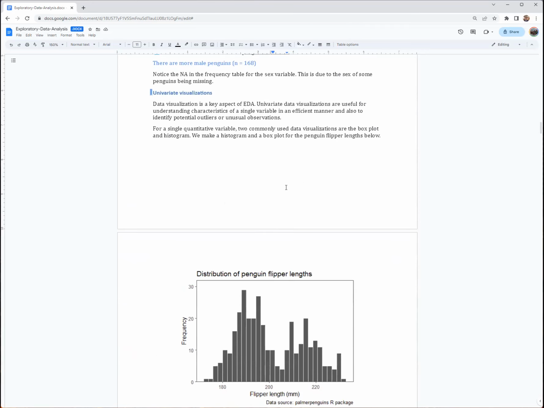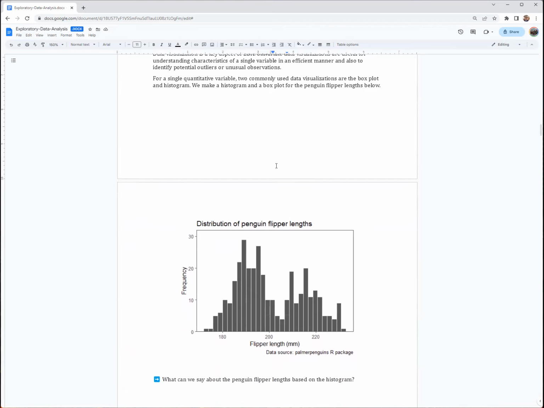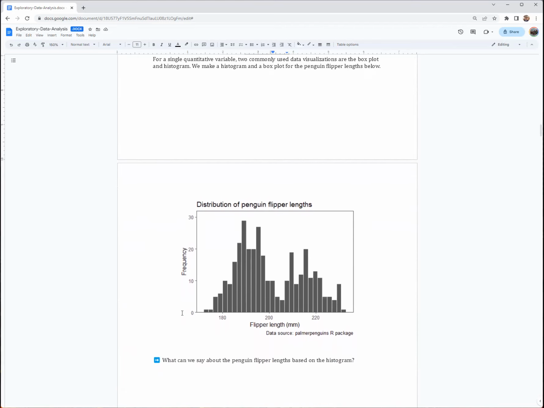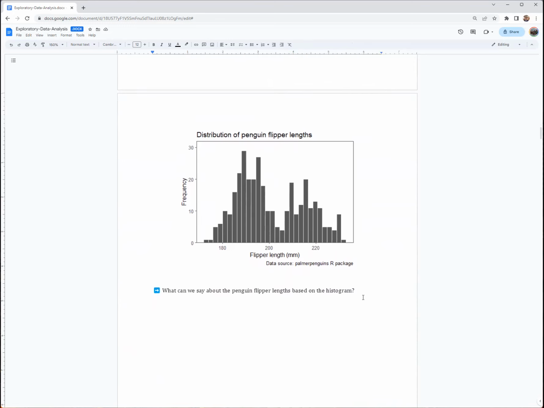You can also look at visualizations here. So to visualize a single quantitative variable, a histogram is a common visualization. Histograms have the frequency or percent as the y-axis and the actual variable values as the x-axis. Okay. So from this histogram, we can say